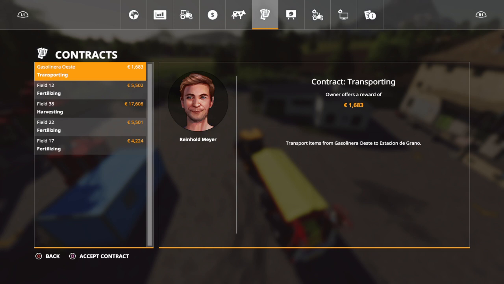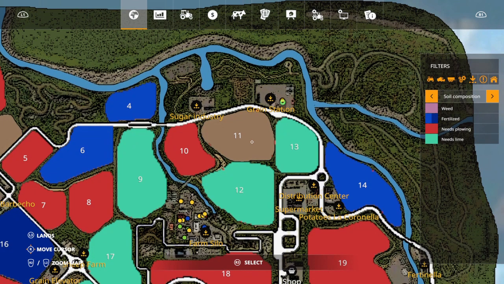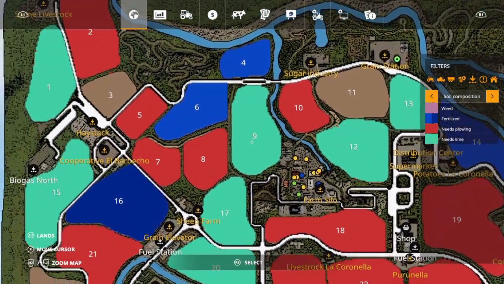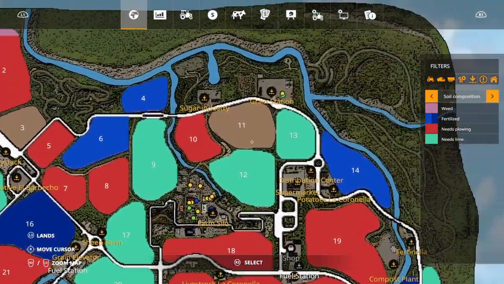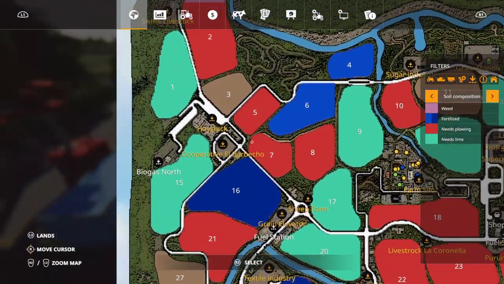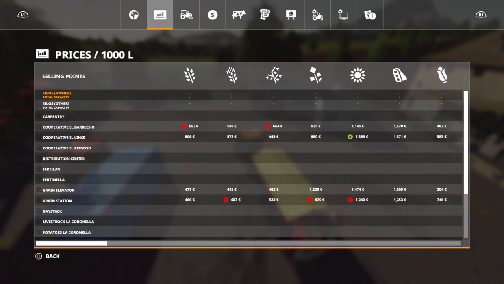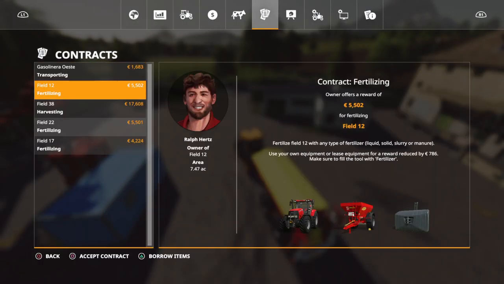Now one second. I've fertilizing in 12, 22 and 17. So check your thing. 12, 22 and 17. So I actually have a contract here in 12, which is close to me. 22 is kind of down around here-ish. So I have a tractor here, so I'm going to pick the closest field to the tractor that I have. Okay, simple as that. So I'm going to go back and I'm going to accept the fertilizing contract with your